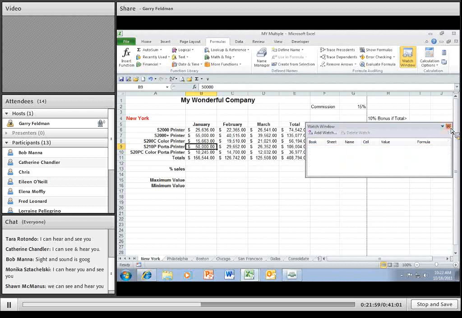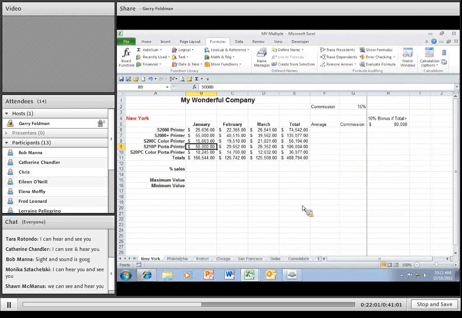So that's sometimes helpful. You can watch things in the same sheet. If you have a huge sheet that has 10,000 rows to it and 47 columns, you might want to be watching something in a particular place on the sheet while you're making changes in another area. So that's another way to do it. Okay, certainly